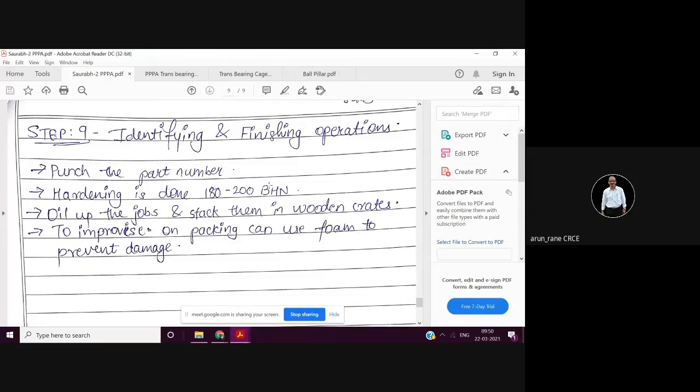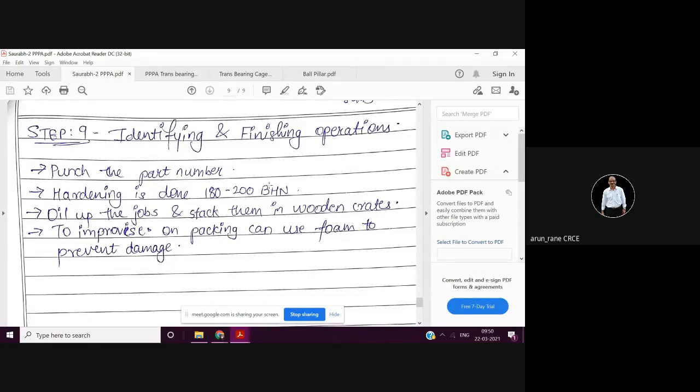Laser marking means what? There is a laser source which will erode or burn the material as per the requirement. Suppose you want to write a name, so the laser will be programmed, and the laser coming out of the laser source will move as per the program and burn the material.